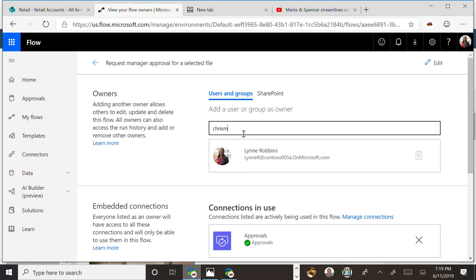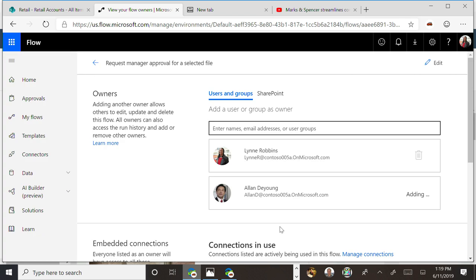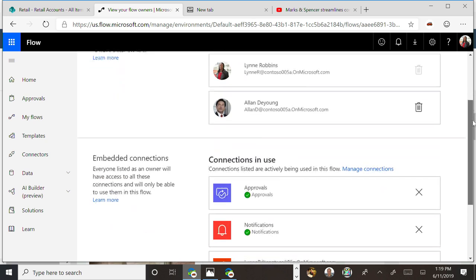So in this case, let's set this up for Alan. There he is. So we can add an additional owner. So if anything ever happens to me, without going to an administrator, people can go to Alan and get him to make additional changes to the flow.